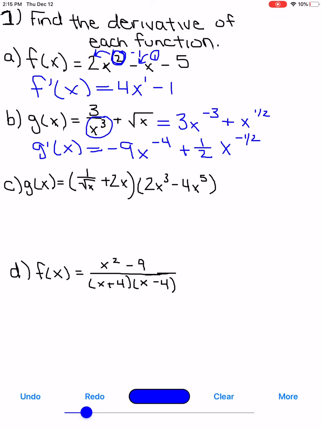Part C, we will actually use the product rule. And within the product rule, we'll use the power rule. When doing the product rule, we take the derivative of the first, which is this area right here, times just the second, which is this right here, plus the first times the derivative of the second. So just like part B, we need to rewrite a few things before we can move forward. So this can be rewritten as x to the negative 1/2